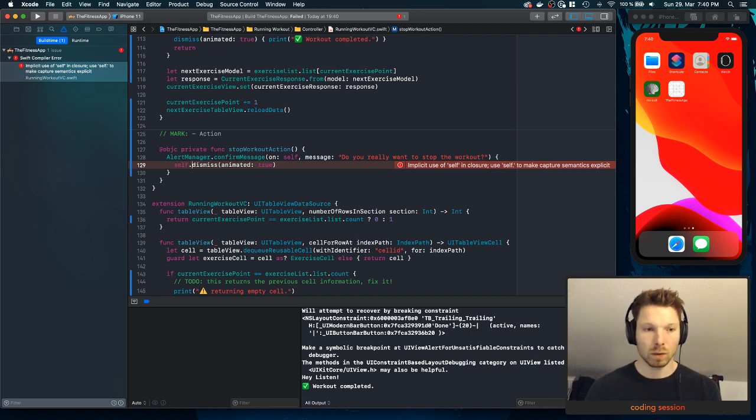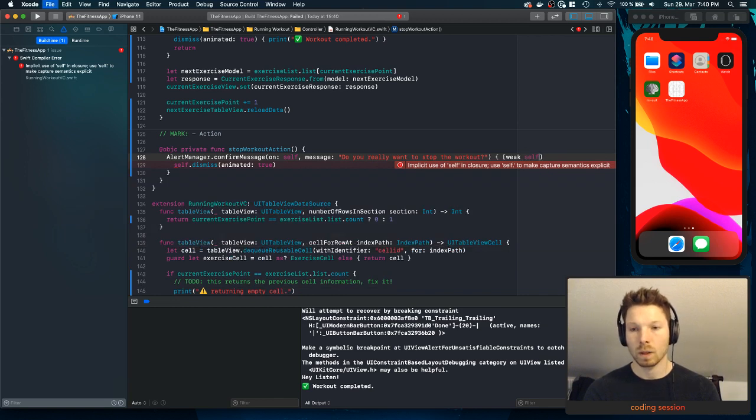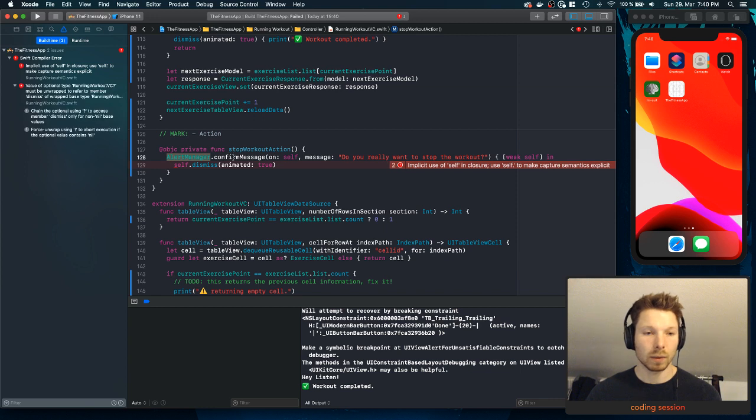But what we want to do, this should be fine. I don't think we need a weak self here. I would not know why we would need a weak self here, since this one, we are basically having a static function that creates it, and then afterwards